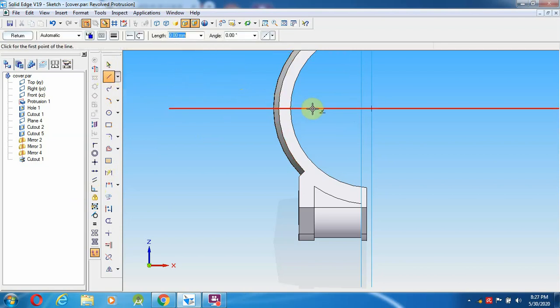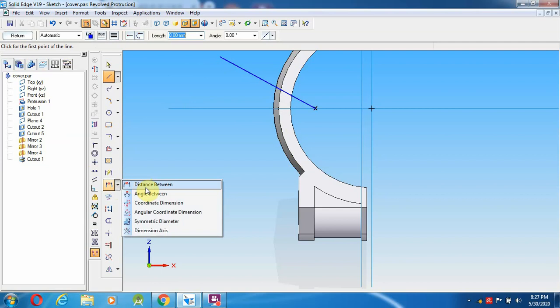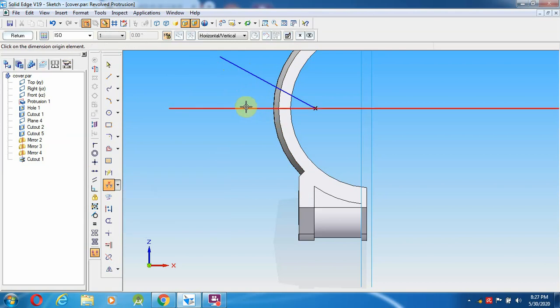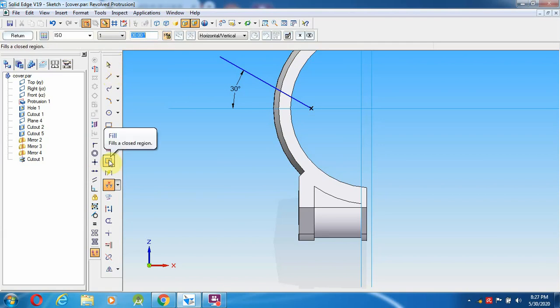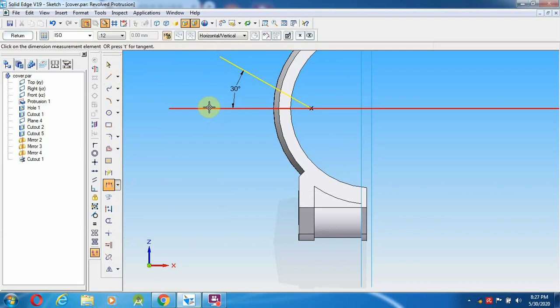Select a line somewhere here. So angle, distance between, go from here, angle between this as well as this, we have to make 30 degree, and select a distance between from top to bottom, keep it.